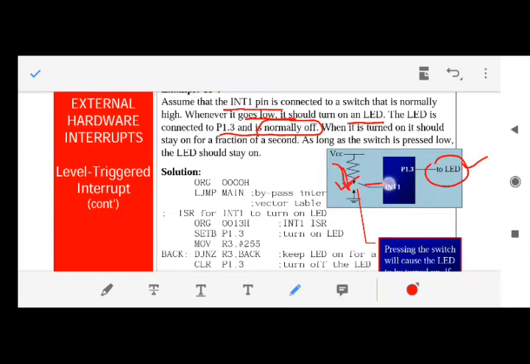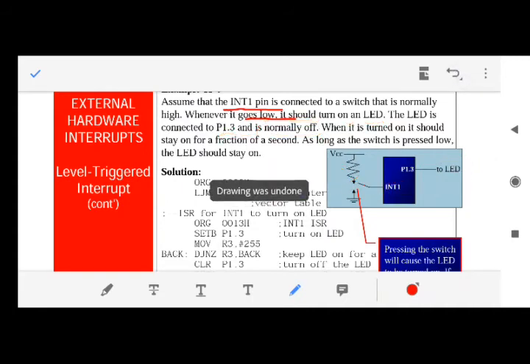Fine. The LED is normally off. Whenever this switch is pressed, that means an interrupt occurs. What type of interrupt? Interrupt 1 will occur. Then the LED should glow for some time. And whenever the switch becomes off, the LED will become off. So this is a very easy program. But how to do it? Instead of studying this, we'll just see the algorithm, how to write such a kind of program.